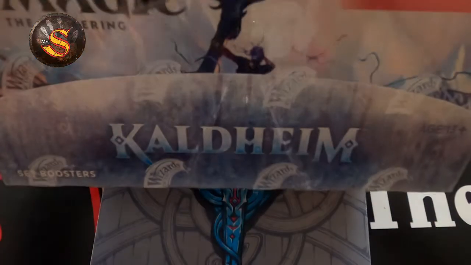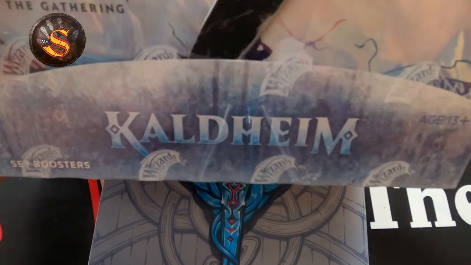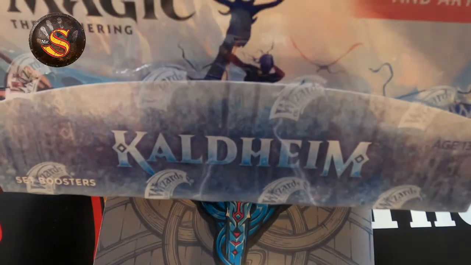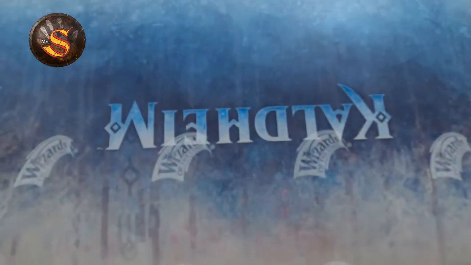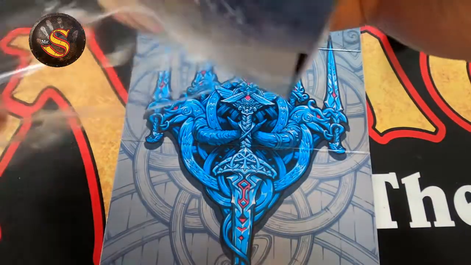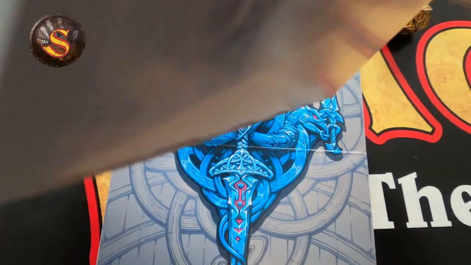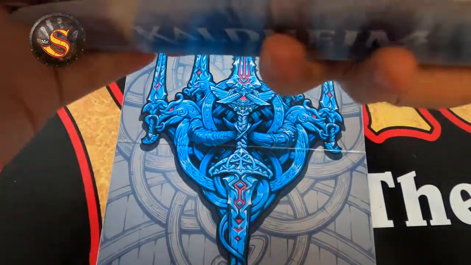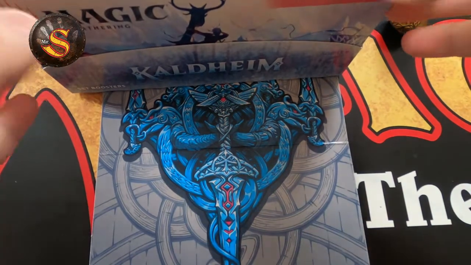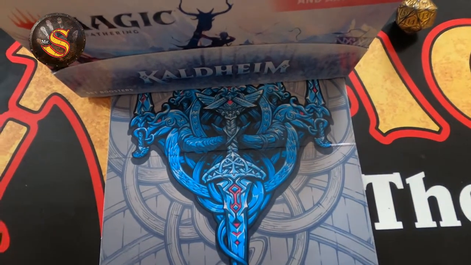And now let's do the set box. A little bit better prepared this time for opening the box. That's a knife. Very prepared this time. Almost like I know what I'm doing. Almost. Not quite. Alright. Let's...